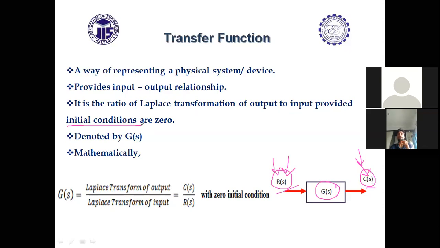So this is one drawback of the transfer function based approach. For example, suppose you have a charged capacitor. A charged capacitor should have some initial charge within it. In the case of the transfer function based approach, we'll have to assume that the initial charge in the capacitor is zero. So we will not be taking that initial charge of the capacitor into account. Due to that, very accurate analysis may not be possible. So this is one drawback of the transfer function based approach.